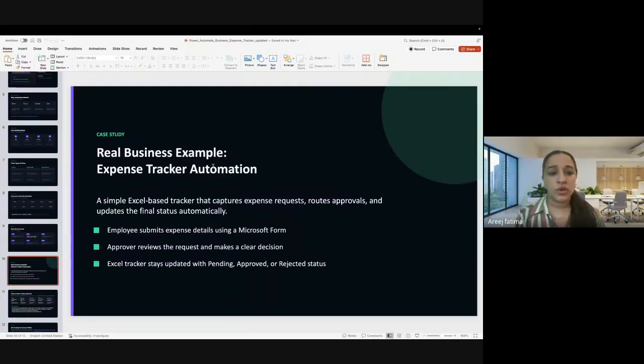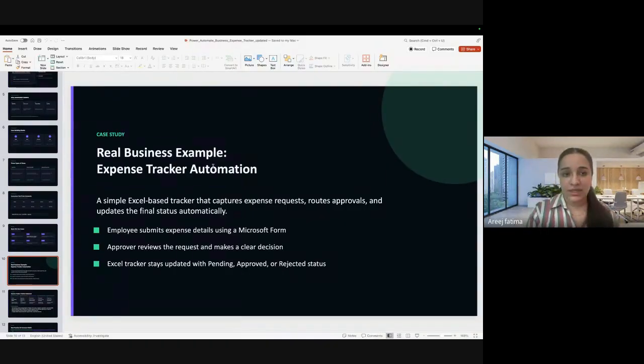So we are going to do a practical implementation of Power Automate and how we are going to create it. This is one of the case studies and scenarios that we need to develop today. I just need to create one simple form. As an employee, I'm going to add some details inside the form that is going to be sent to my manager, whoever that person is. After his approval, I get an email saying your request is approved, and that data is going to be updated in my Excel sheet with the status, whether approved or rejected, whatever we have.